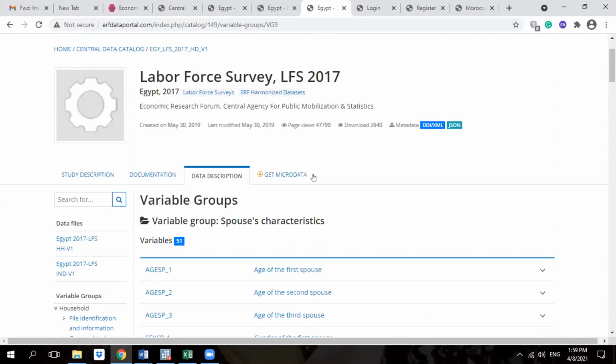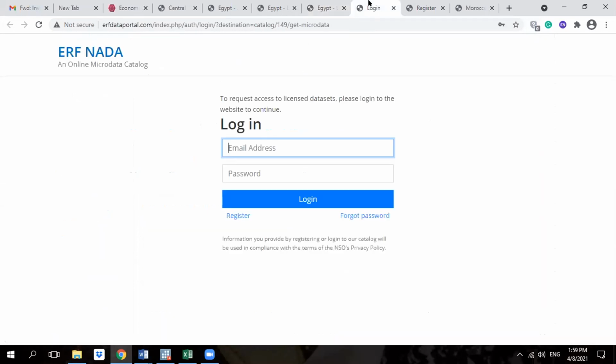If you're interested in this data set and you want to request it, you just click on get microdata. This tab will open for you to log in if you have a previous account at the ERF data portal.